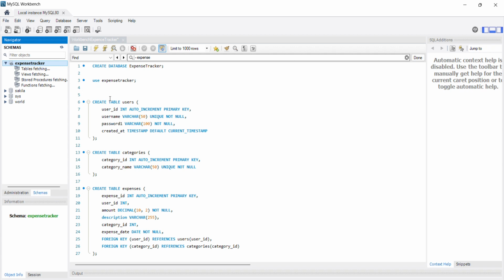Use expense tracker. The first table is the users: user ID, username, password, and the time it's created. Those will all be stored in a table to be checked when someone logs in. Create table, the categories, the different categories for the expenses that you make or use, and the table for